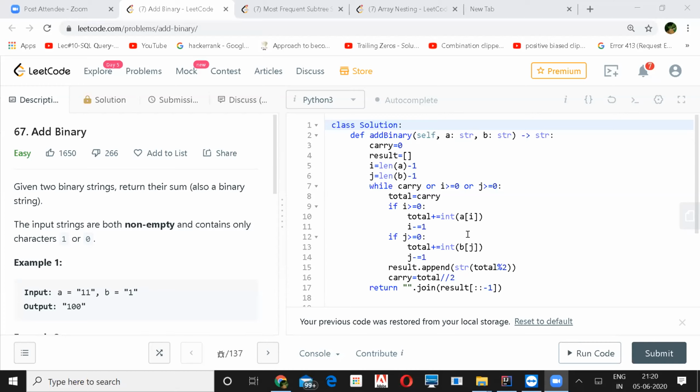And I think he did everything in place, so no extra space, correct? Yeah, exactly. It depends, if you are doing a string operation, then it depends. But how Shashank is doing it is putting the result in a list, and after that he's just reversing it. At the end, I think there will be extra space. But if that is the output space, then we shouldn't consider it, right?